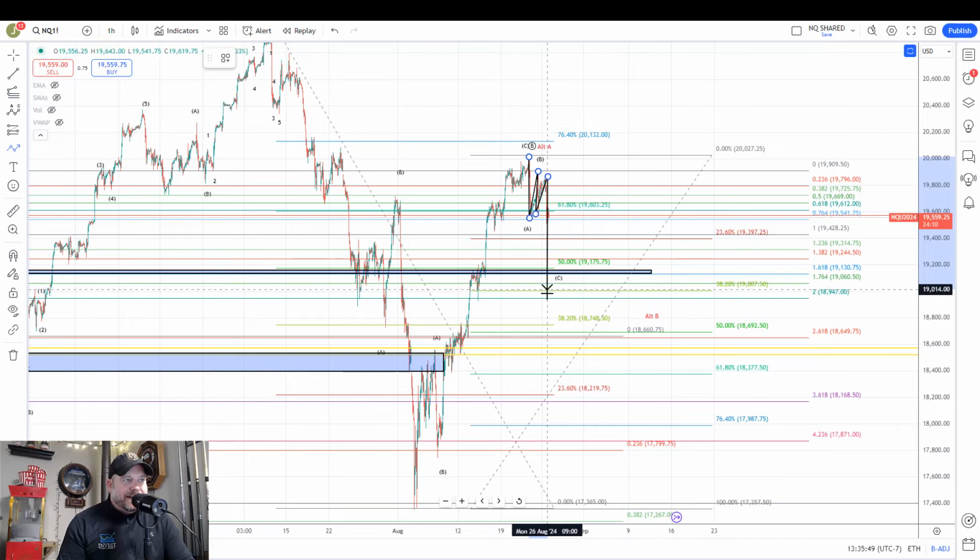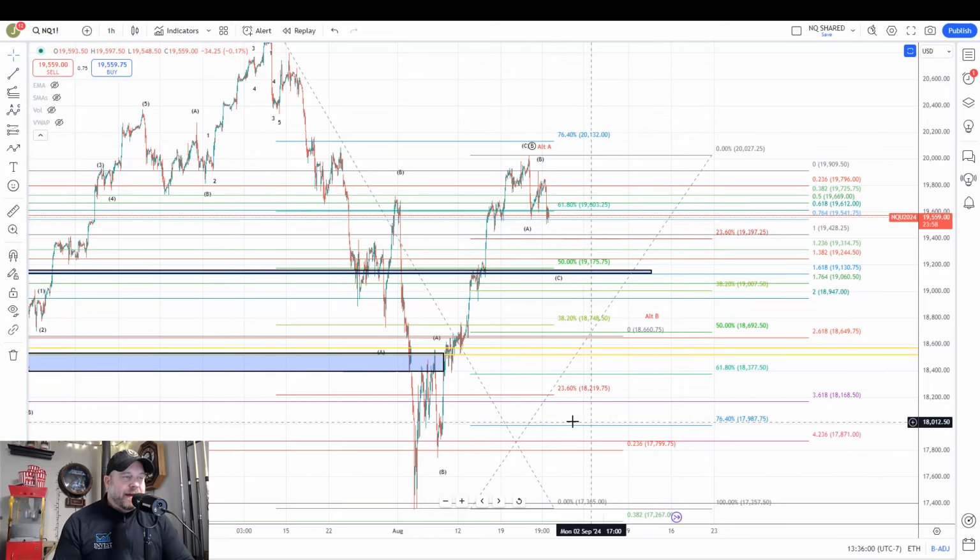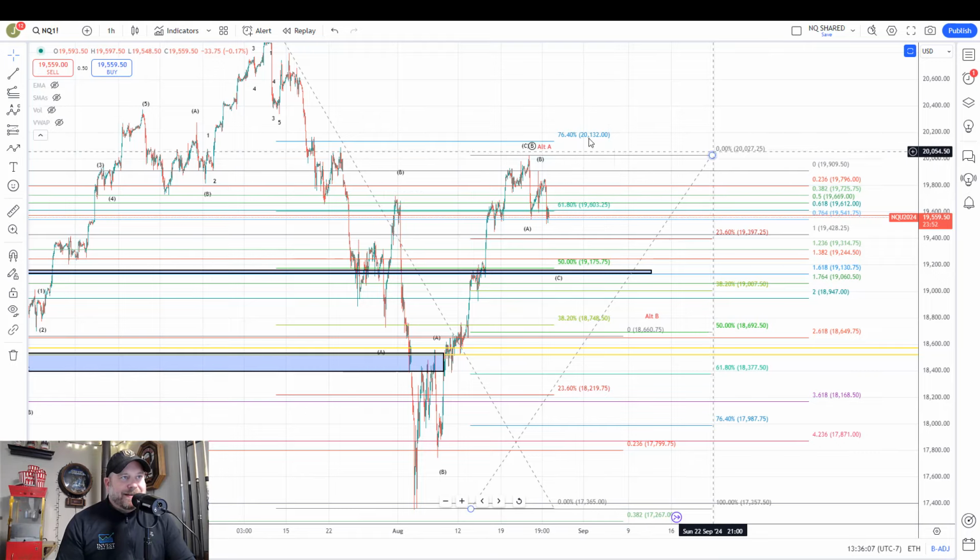So this would take us down into our wave 1 of C. So you'd look for this to be wave 1. You have wave 2, 3, 4, and 5 on down. And that would give us a 5-wave move off of the high should they complete all of that, not just this top area. So NASDAQ is giving us a decent start to the downside, and it has stayed below its 764,